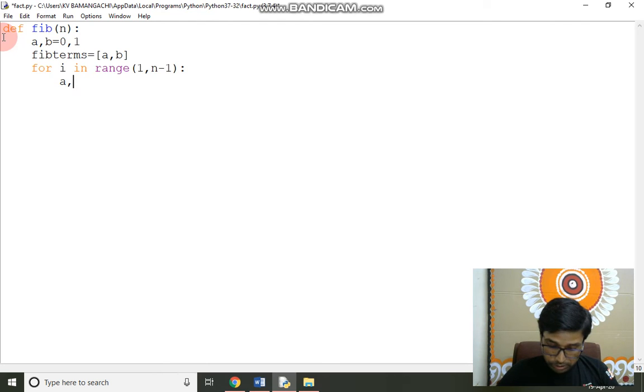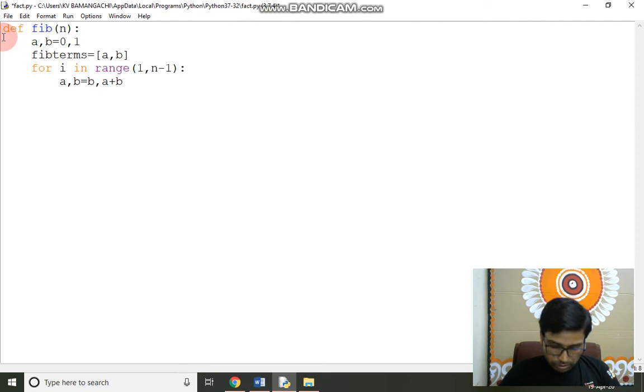So we will write here a comma b equal to b comma a plus b. The value of b will be assigned to variable a, and the a plus b value will be assigned to variable b. As we see, the new term of the Fibonacci series is the sum of the last two terms of the Fibonacci series, so we have done this by this equation.